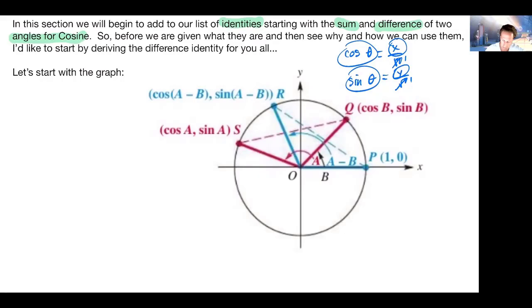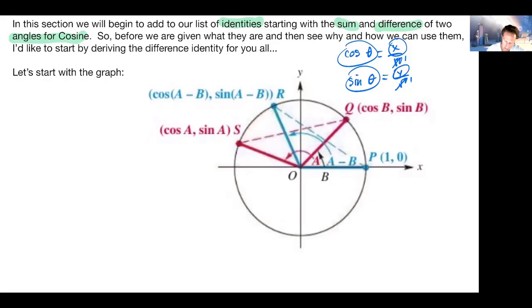So if we were to take that big angle A, that obtuse angle, and that smaller angle B, and we subtracted that off, if I took this angle here and rewrote it over here, then you can see that this is angle B and this is angle B. And if I subtracted that off of the larger angle A, then what we would be left with is this blue one here, which would be the larger A minus B. If we subtracted off this part right here, which is B, then we would be left with this, which was our A angle all the way over there,